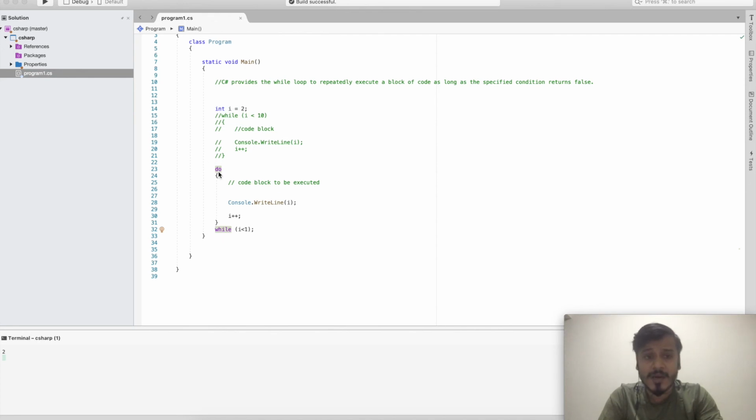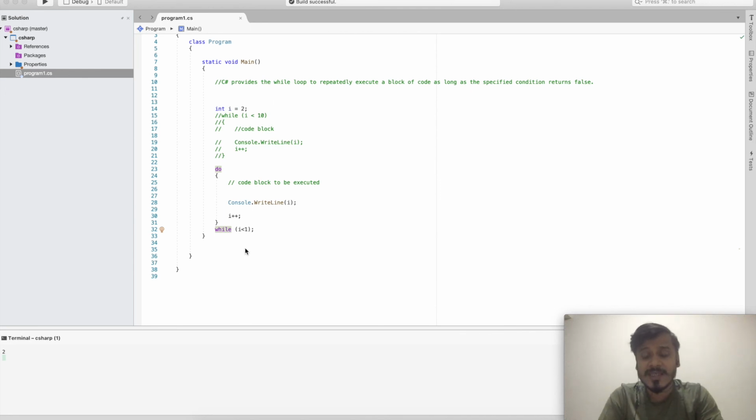It is coming here, and then it is printing the value of this variable, and then it is incrementing. Now it is coming out and it is validating. Here I am getting 2, 2 plus plus it will get 3, then here it will validate that 3 is less than 1. No, that's not the case. So it will just come out of the scope, and it will not print anything.